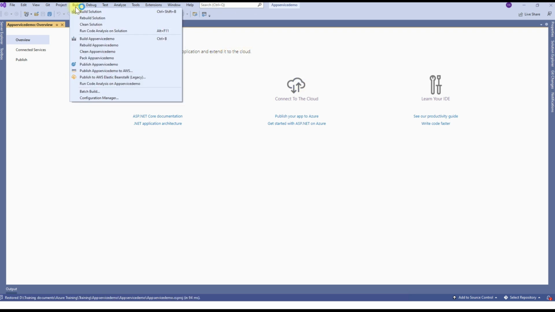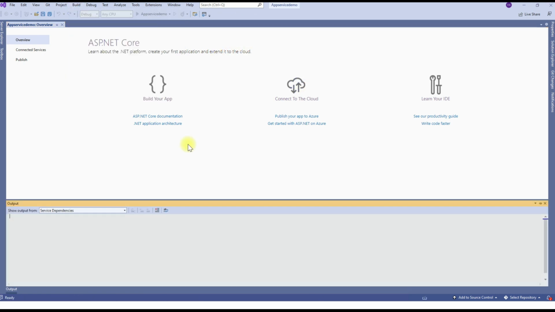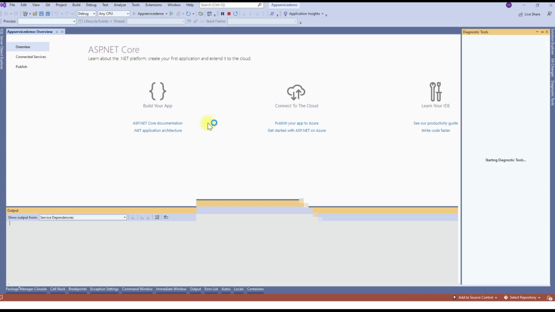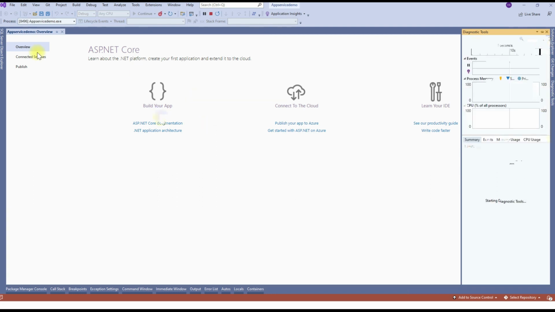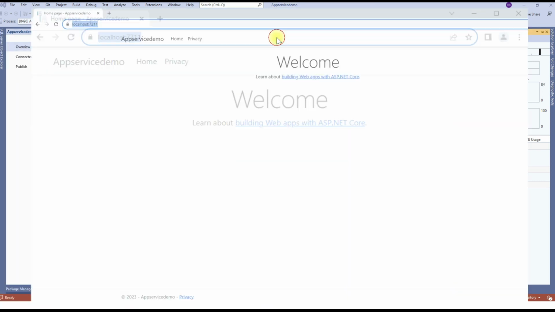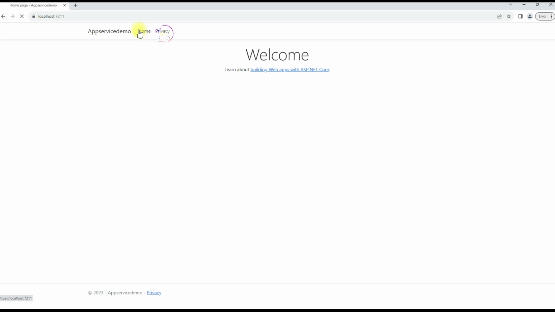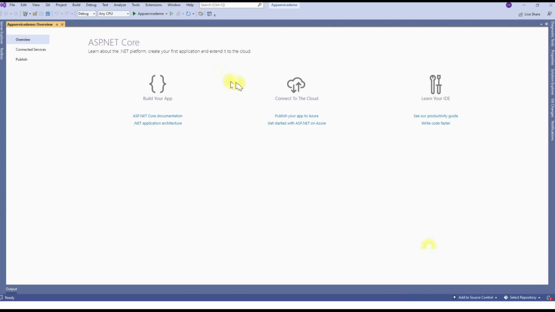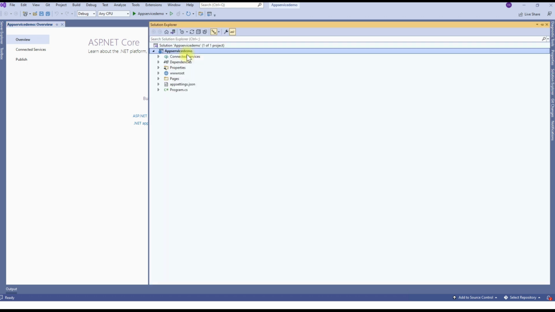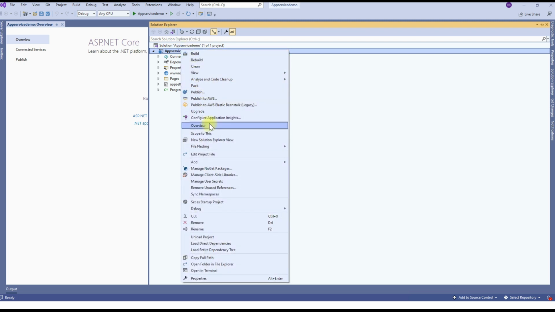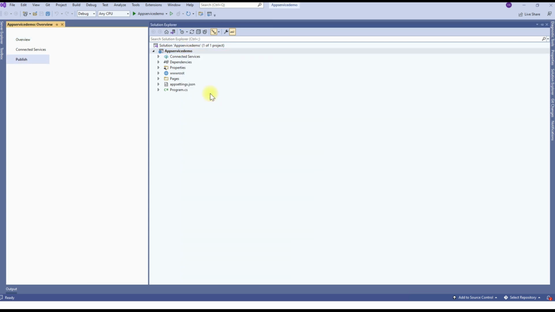The project is created, and you have to build the application and make sure that there are no errors. The build is successful, so run this application locally. When I run the application locally, the default template gets loaded. Now I want to publish this particular application into the app service which I just created. So click on publish,